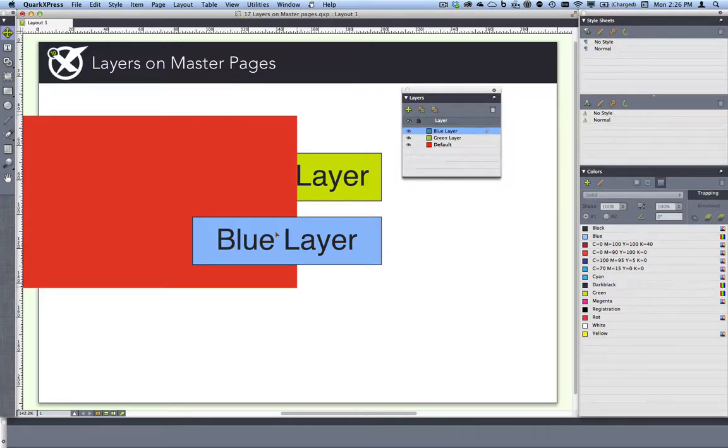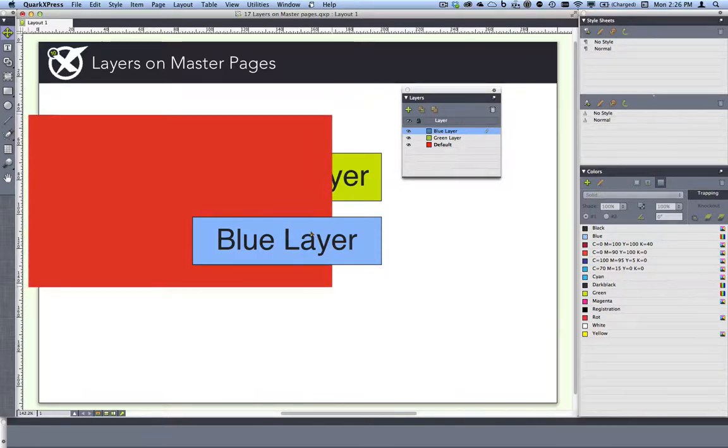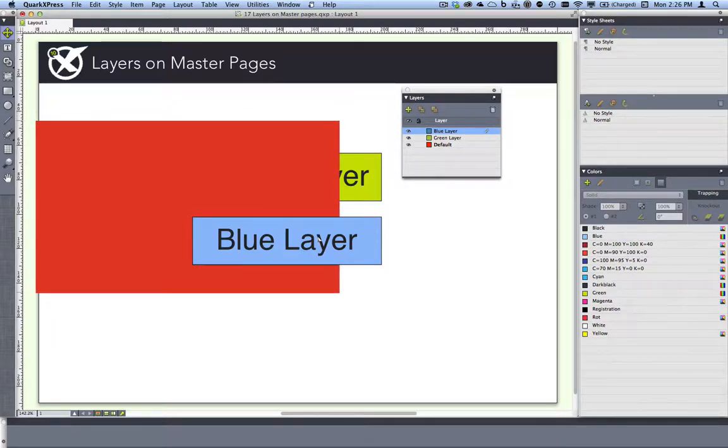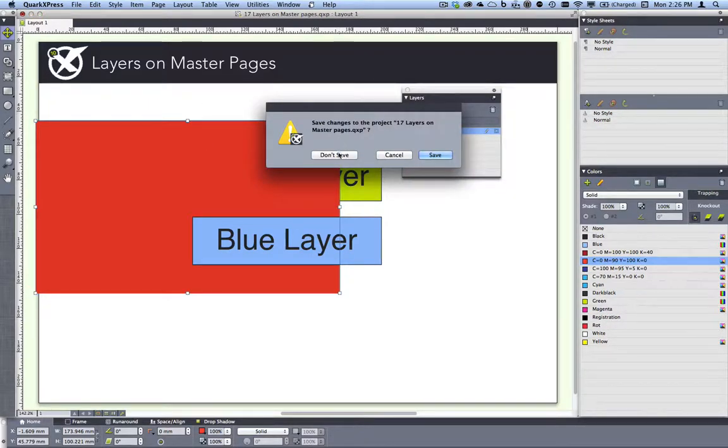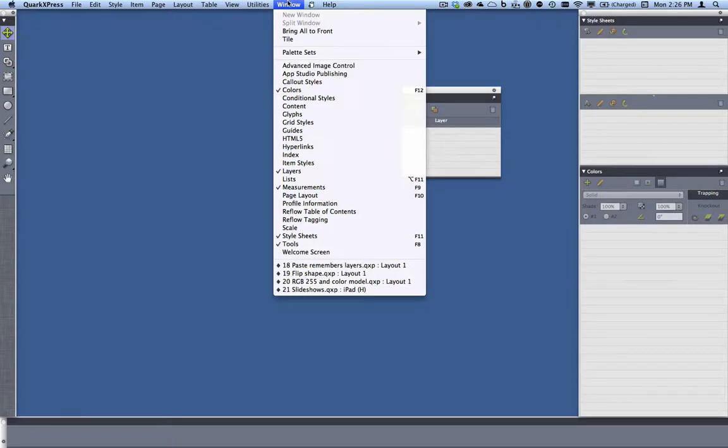For companies that are working with layers a lot in QuarkXPress, this is going to make layers far more efficient when it comes to working on larger documents. Now, another layer-related feature I want to show you